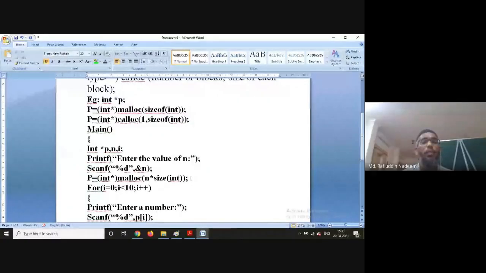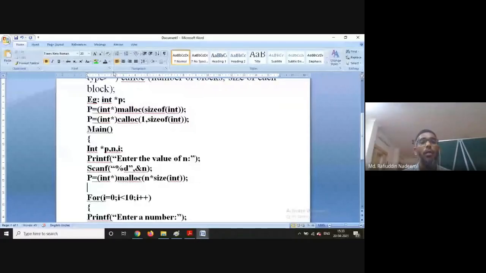For example, t is equal to int star, calloc of n comma size of int. I want n numbers, and the size of each number is the size of an integer.